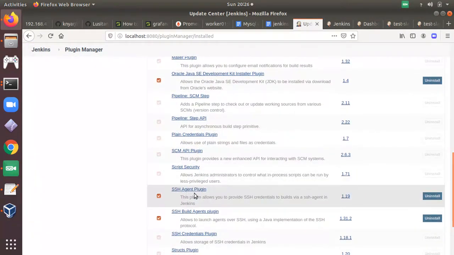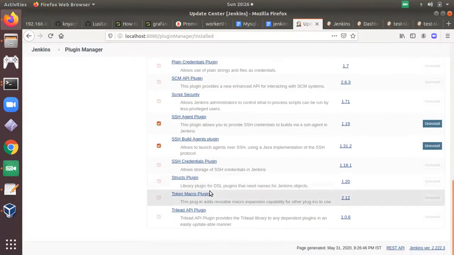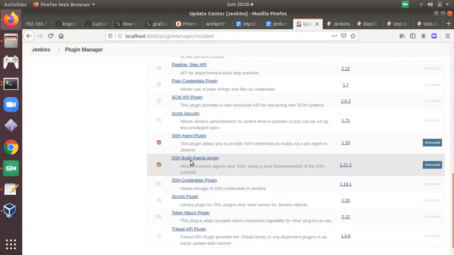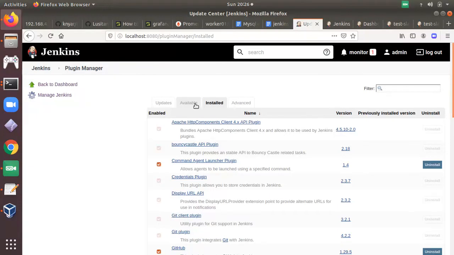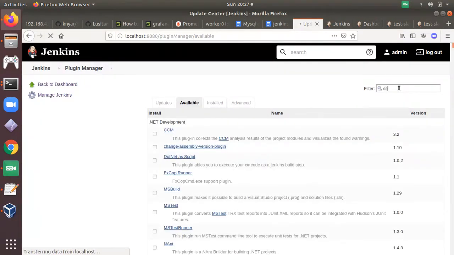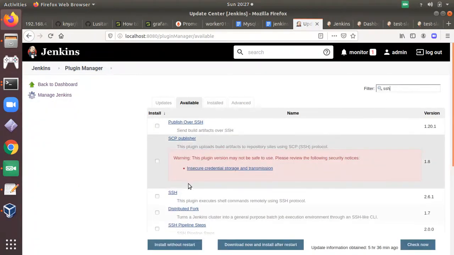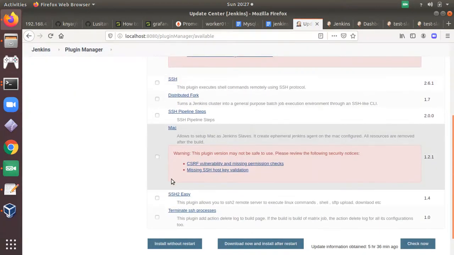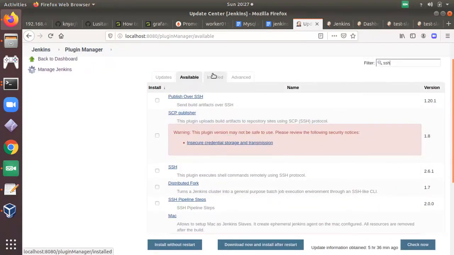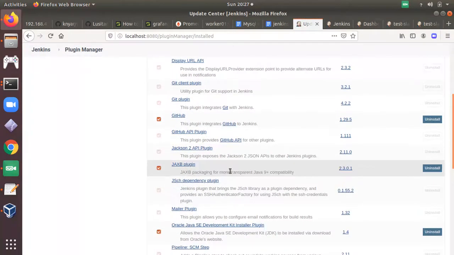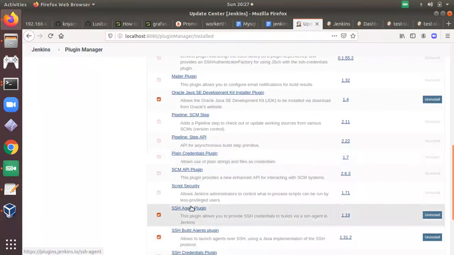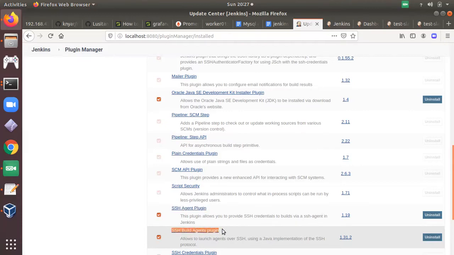The plugin names are SSH agent plugin and SSH build agent plugin. Let me search here. I already installed those plugins, so here they are not listed. So those plugins are listed here.